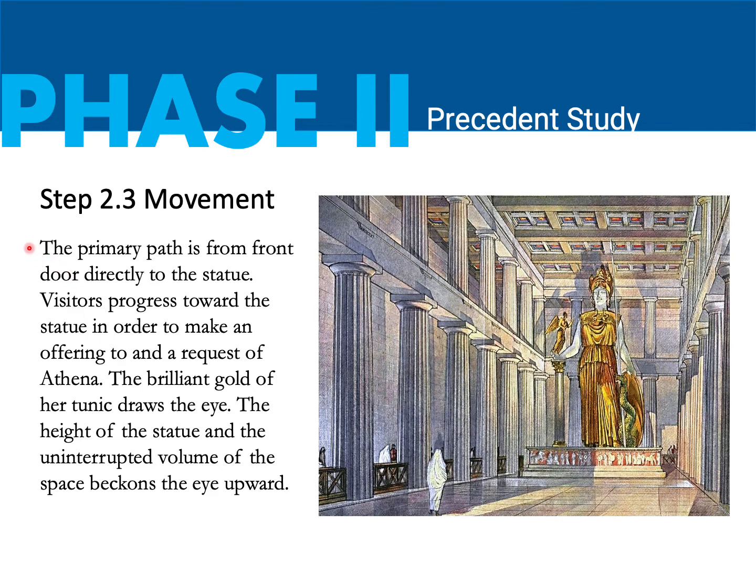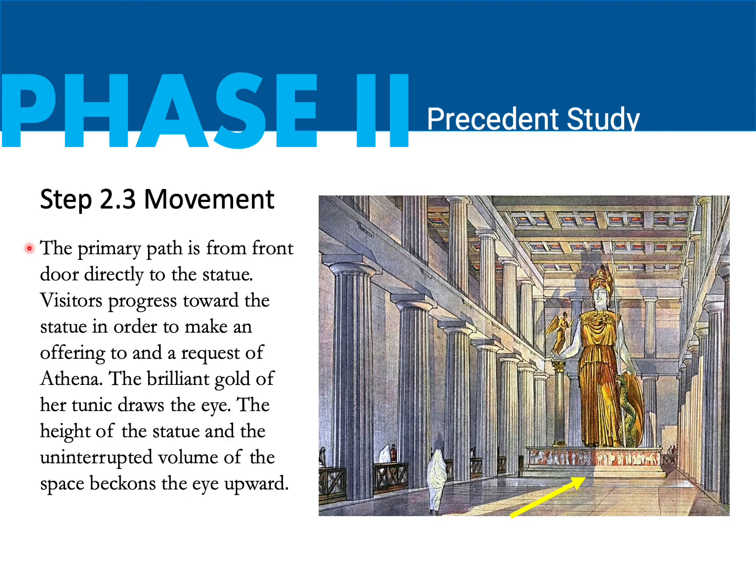Primary movement through space is important to identify. Is it direct? Do we wander through the space? This is part of the experience and is very intentional on the part of the designer and the purpose of the space. So, here, what I've written, the primary path is from front door